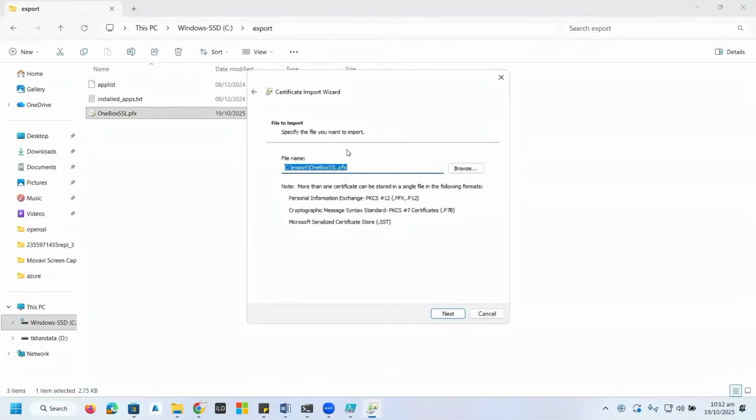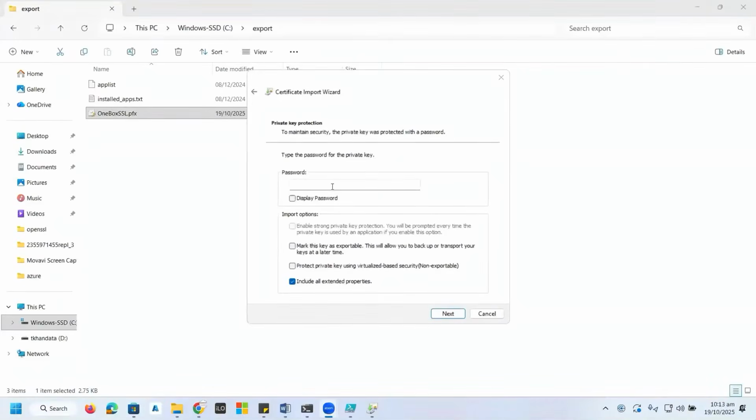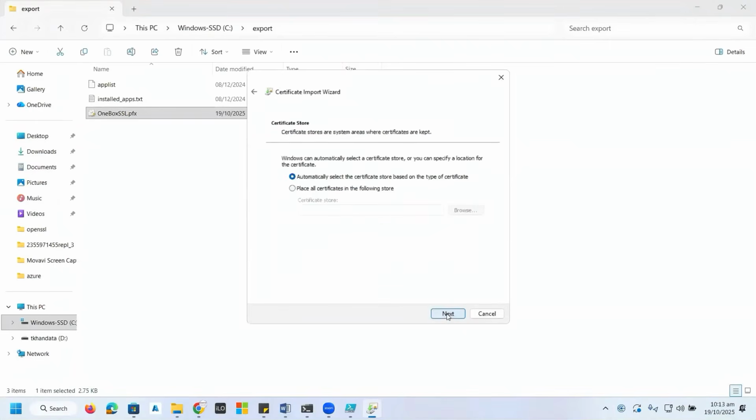Now specify the file, where this file exists, and behind the scenes all the parameters and file extensions are defined. Click next, and now we need to use the same password which we created for this pfx file. So I just type the password and hit enter.